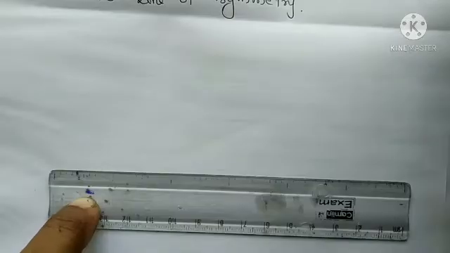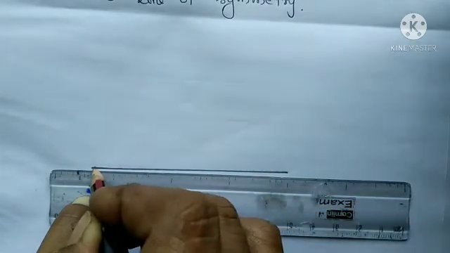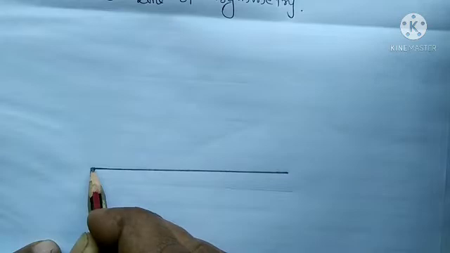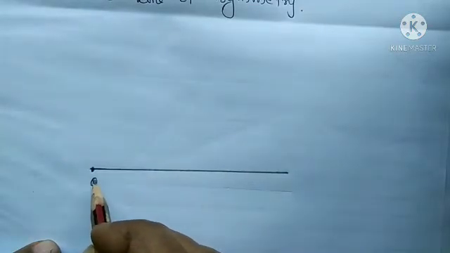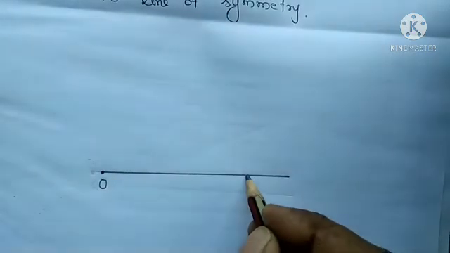Understood? First we can construct an angle of 75 degree with protractor. That you can do with protractor. Okay, first POQ, that means O is the middle letter, so its vertex should be O. Understood? Angle POQ is in the question, so O is the middle letter, so we want to make mark here O and here Q.